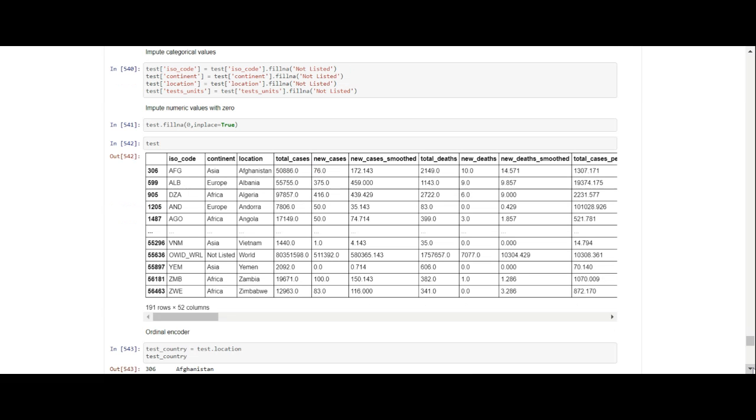Now that all of the columns that are not numeric have been imputed, we can just say test fill in a 0 in place. So everything in the numeric columns that doesn't have a value, we just put 0 in there.